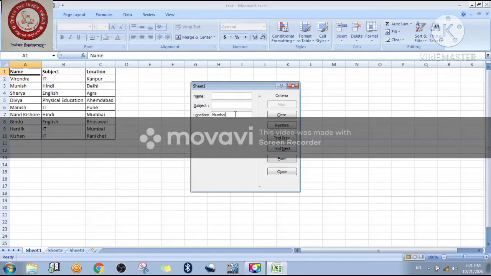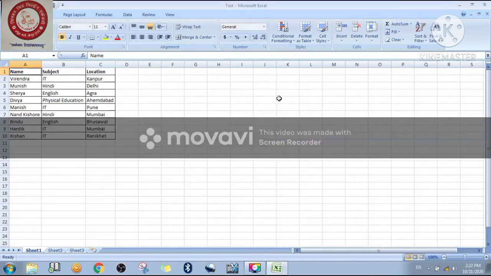Okay, now after that, let me take another one. Suppose I have written here Agra. Now press enter, then let's see what is happening here. So this is the option you are able to observe here, right? So students, I hope you are able to enjoy this. If you have any kind of query, please ask me, right?